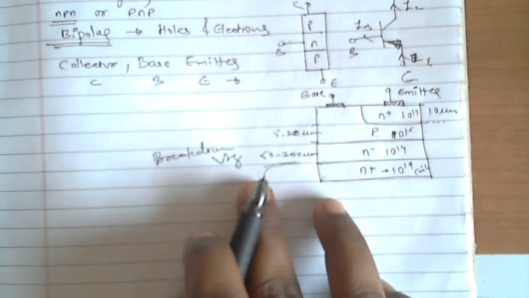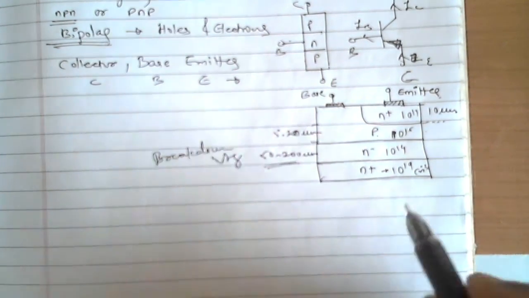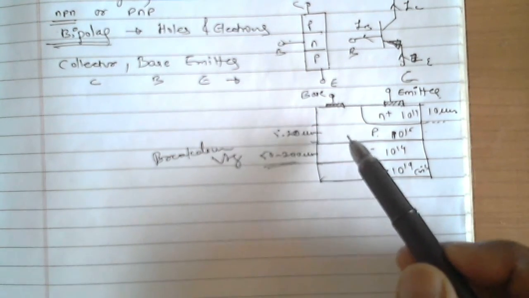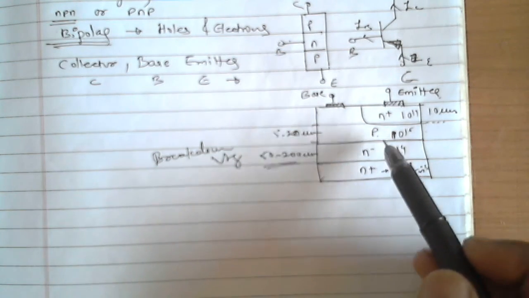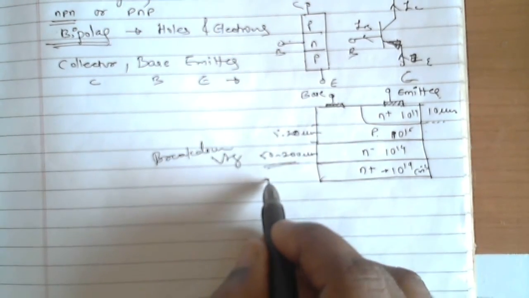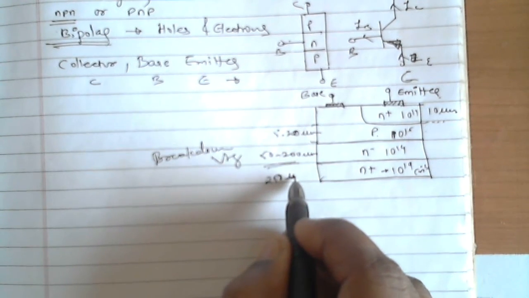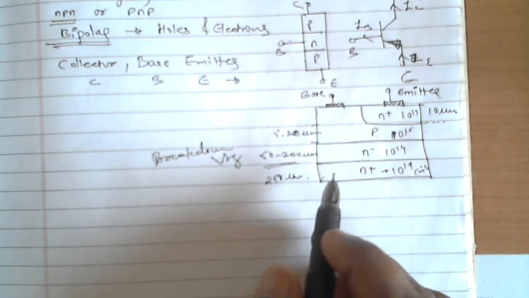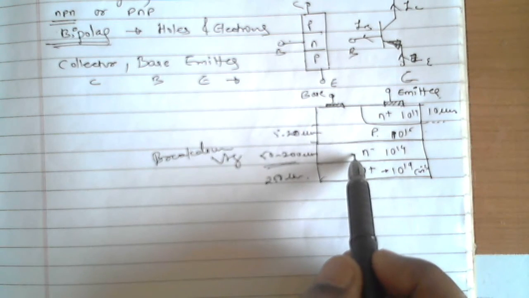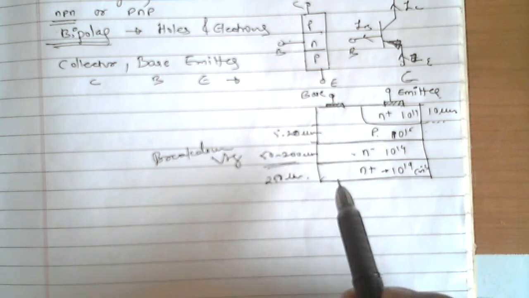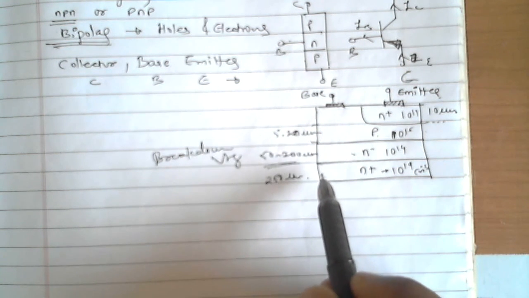Similarly, what we have studied in a power diode. If you want higher breakdown voltage, then its width will be higher. If you want lower breakdown voltage, its width will be less. Last layer is of around 250 micrometer, the collector. Now, just now as I said, the thickness of this n minus layer determines the breakdown voltage capability of the transistor. Right.